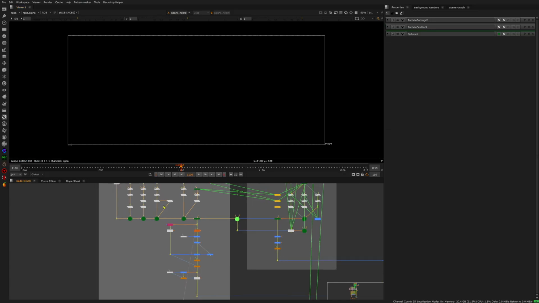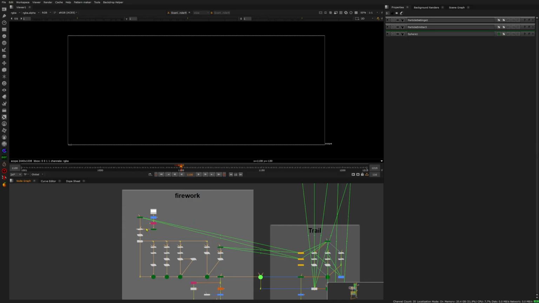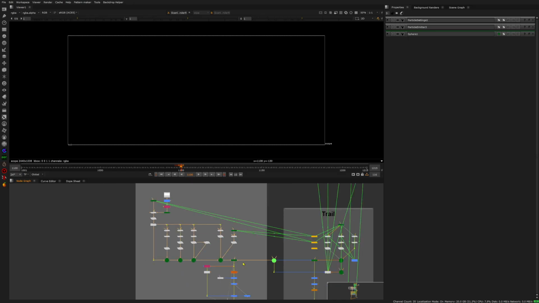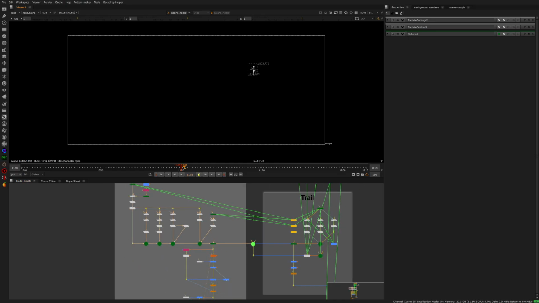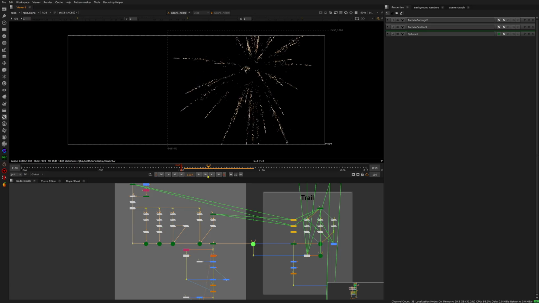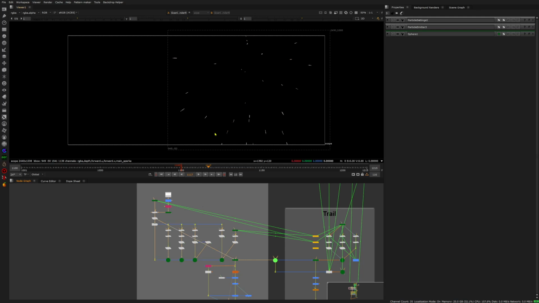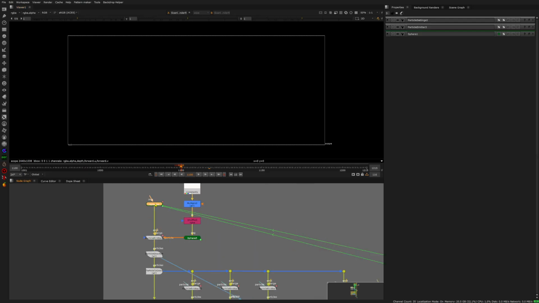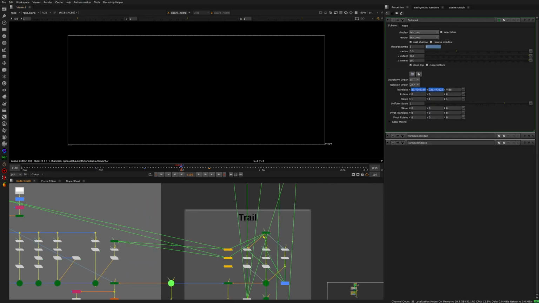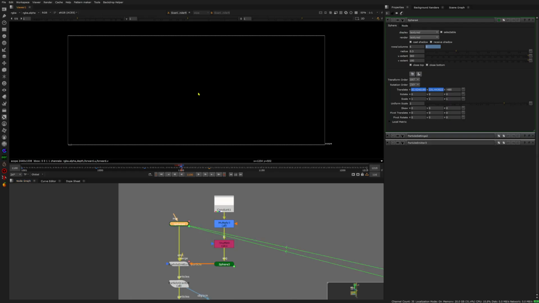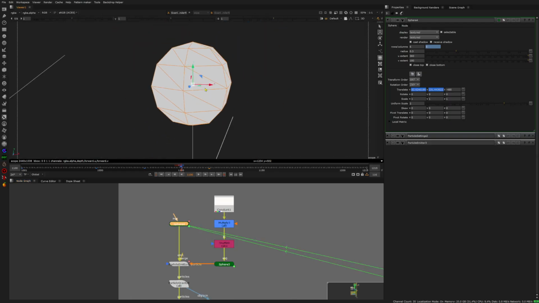I learned a very nice trick here, which I'm going to show you now. So let's view it. This is just a pure particle simulation for the firework itself, and it's built of multiple parts. Let's start with the first part. So I'm going to connect that here. The first thing I did is I'm taking the same sphere from here, and I'm using that sphere to emit